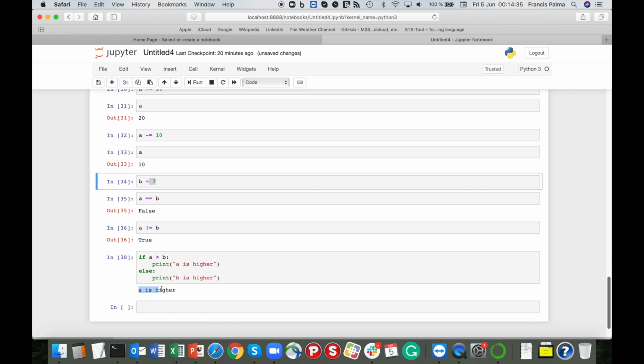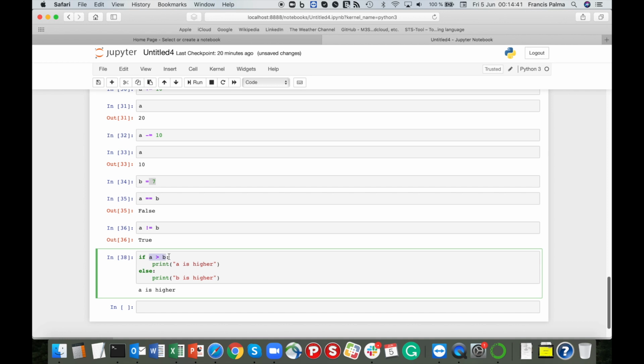So in the output, "A is higher" is printed because it checks this comparison, and since this is true, it goes into this block and prints this one. If this was the other case, then it will go in the else block and print "B is higher". So as you can see,